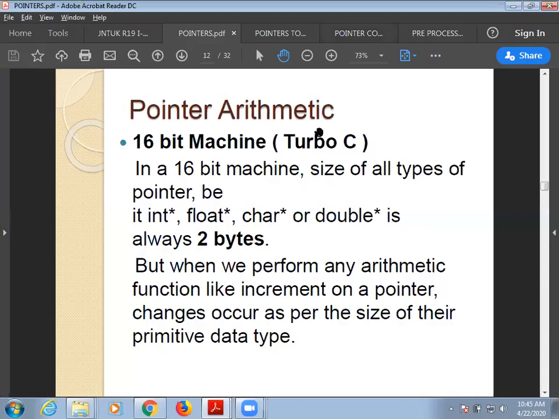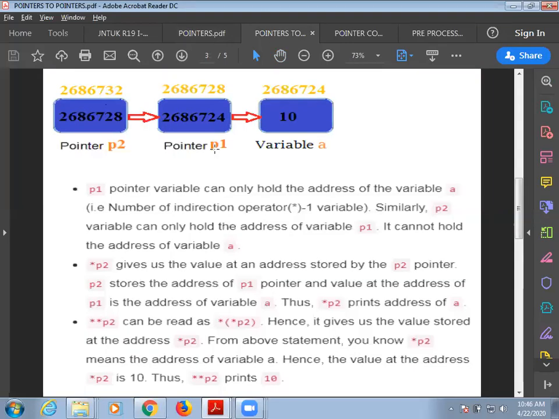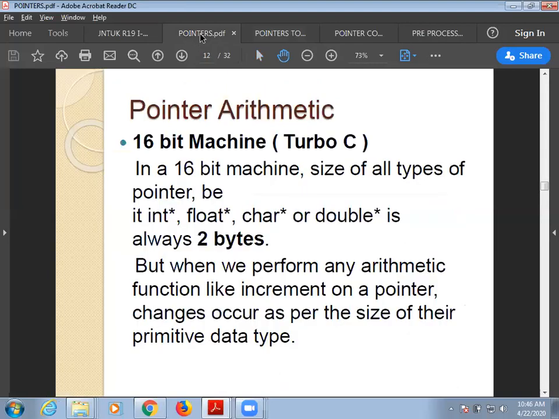Okay, so far I told you about what is a pointer and what is pointer to pointer. With that particular example I showed you, you should be able to comprehend what is a pointer and what is a pointer to pointer. So you can have any level of pointers in this manner. Those are two direct questions you can be getting in your exams. Next, the third part we are going to see is something called pointer arithmetic.